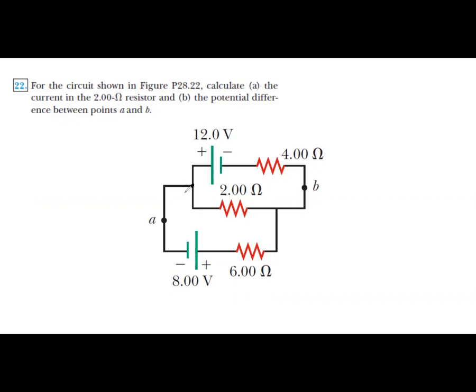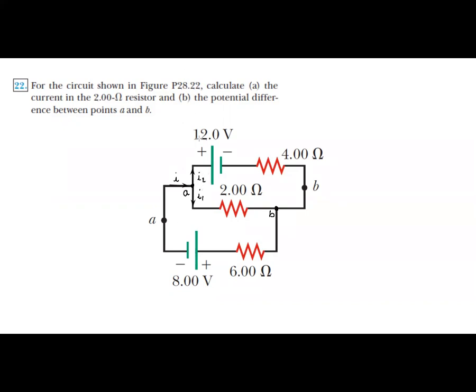For example, here we have A, and here also the same A. Here we have B, and here we have B. We can choose any direction of current. For example, we can say here we have I, I1 and I2. So here we have I, I1 is down, and here we have I2.